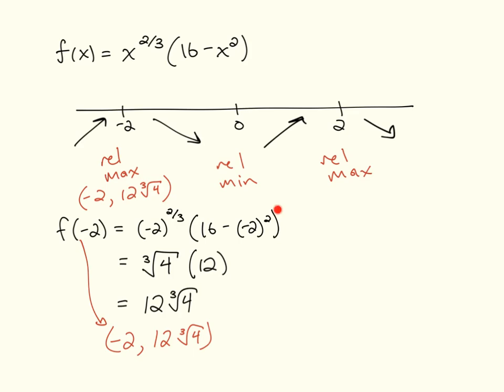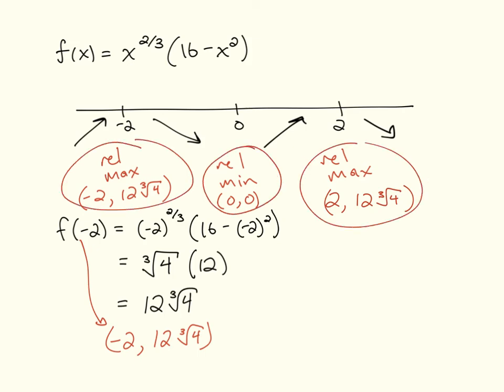If you repeat this procedure by substituting in 0 for the relative minimum, you will see that the relative minimum coordinate pair will be 0, 0, and the coordinate of the relative max on the right side will be 2 comma 12 cube root of 4. So there are 3 relative extrema, and they are all listed